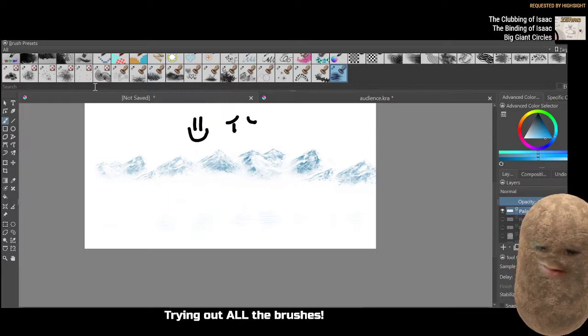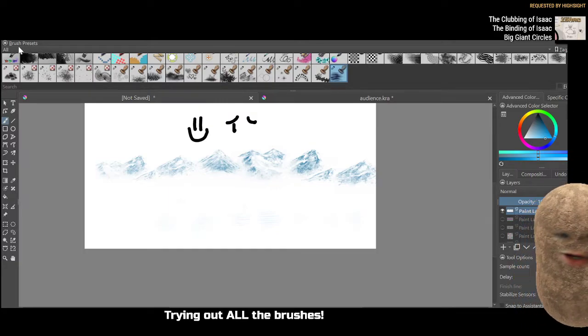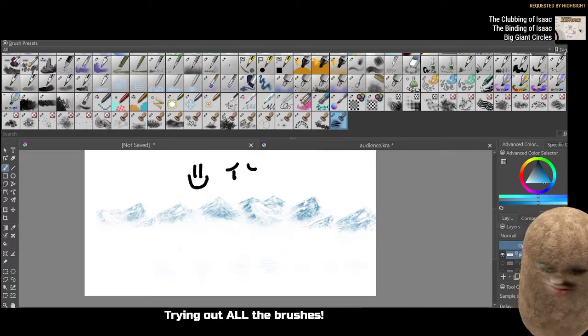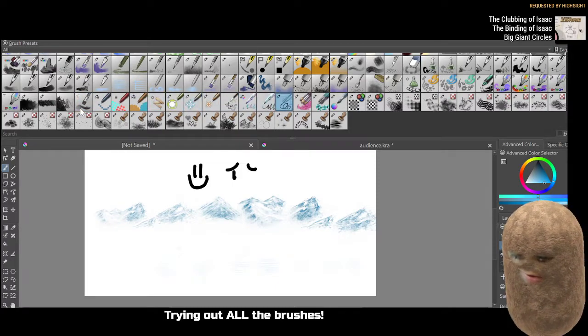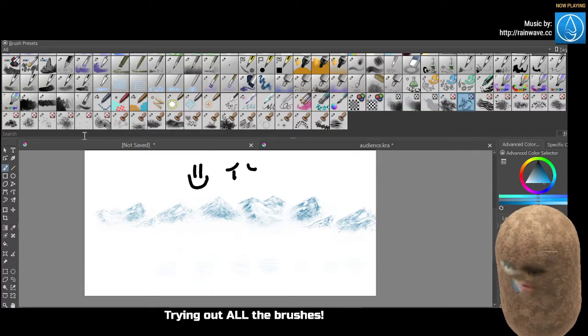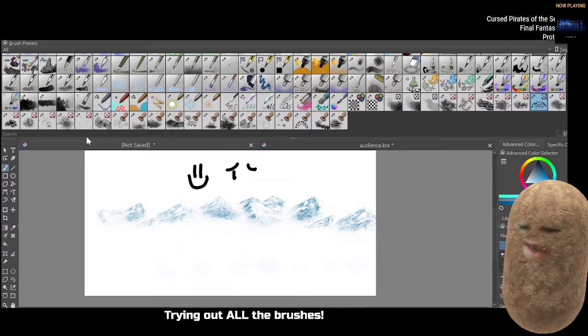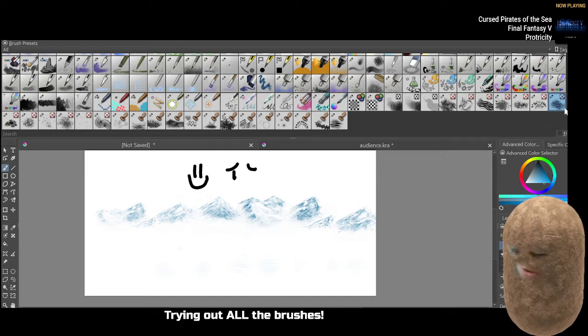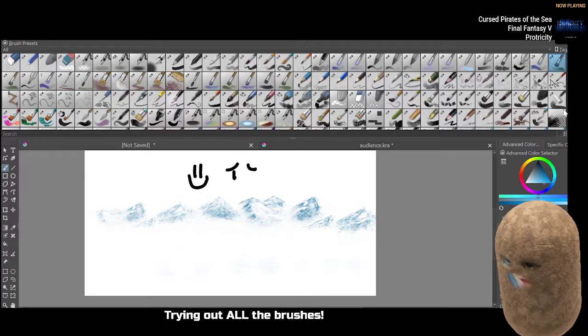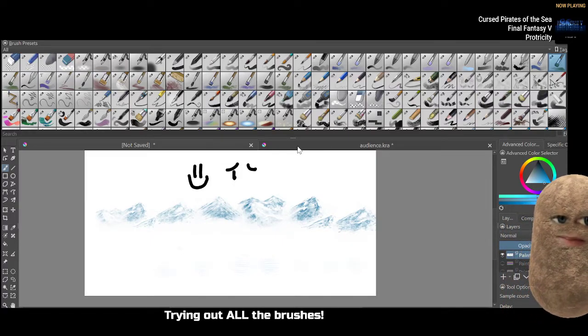All right. We've gone through every single brush. How many brushes was that? There is 1, 2, 3, 4, 5, 6, 7, 8, 9, 10, 11, 12, 13, 14, 15, 16, 17, 18, 19, 20, 21, 22, 23, 24, 25, 26, 27, 28, 29, 30, 31 brushes per row. And 1, 2, 3, 4, 5, 6, 7, 8, 9 rows. 9 times 31 is